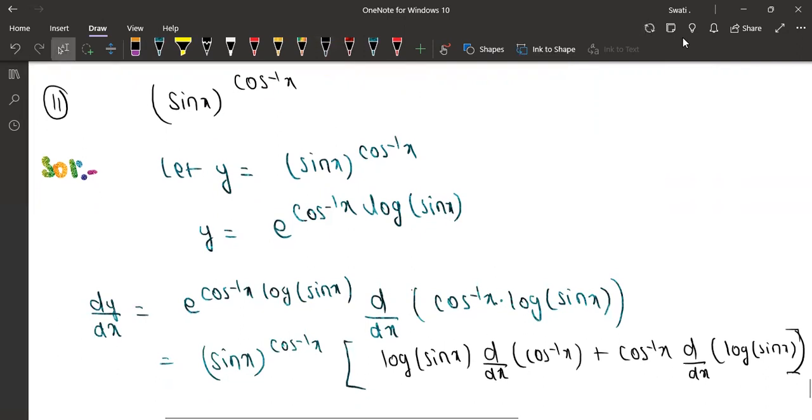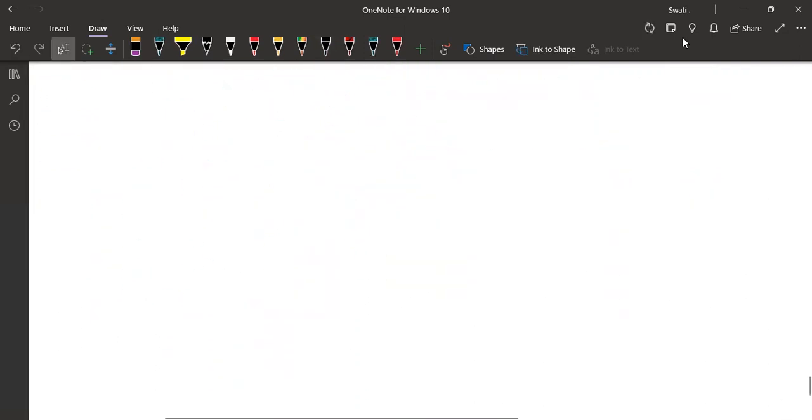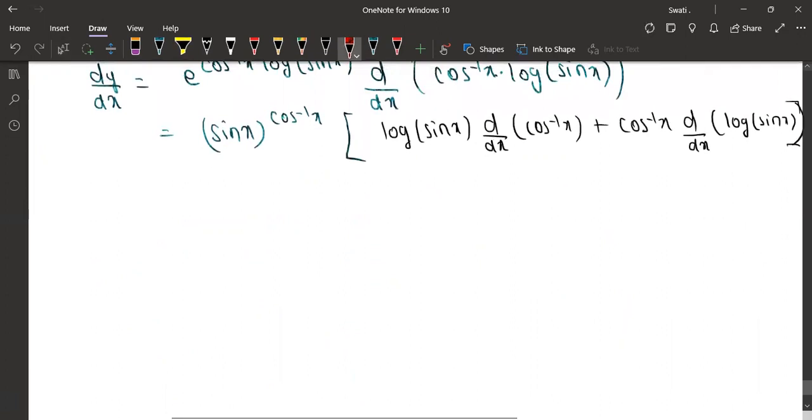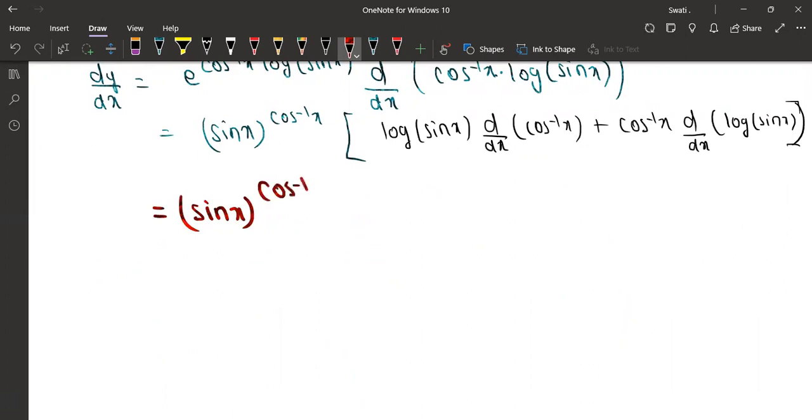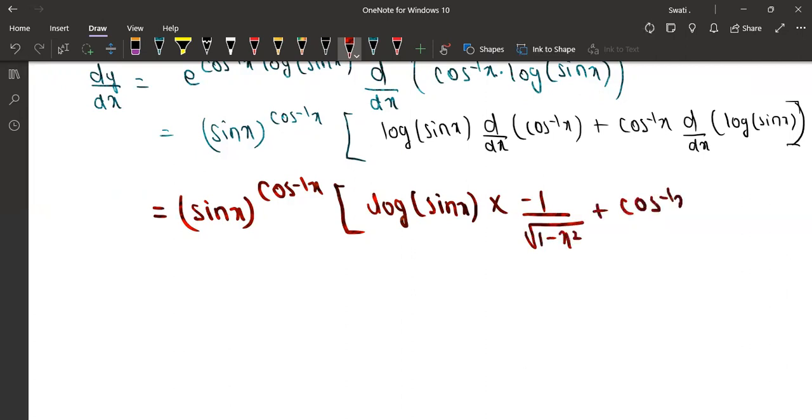Yes. So now we can go to the next step. So it will simply become sin x raised to cos inverse x, and then in bracket, we are having log sin x as it is. Derivative of cos inverse x will become, by using the formula, -1 over root 1 minus x squared, plus cos inverse x as it is, and derivative of log x is 1 over x, that is 1 by sin x,